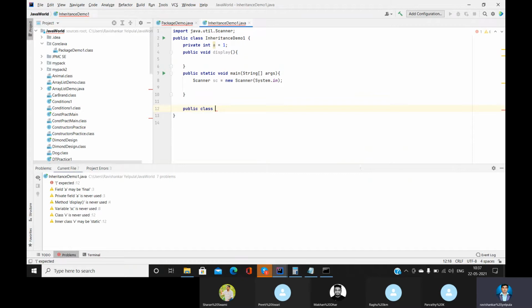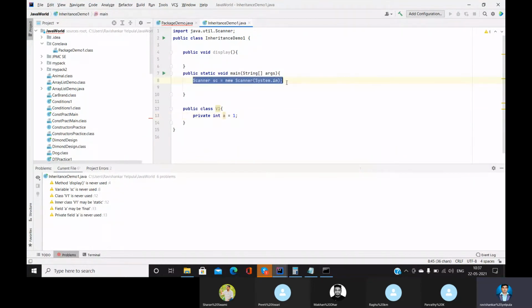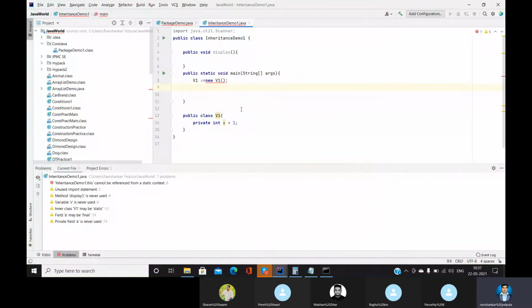So, class V1, here we are using this, and we are going to create the object of it. V1 v equal to new V1.